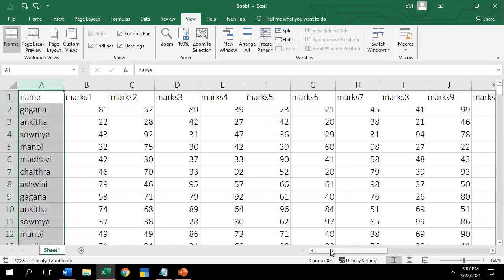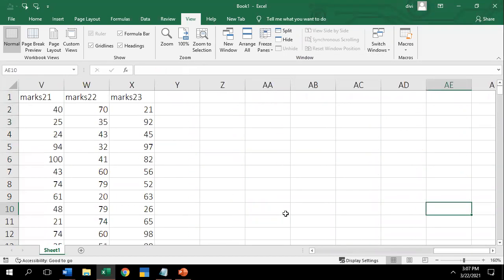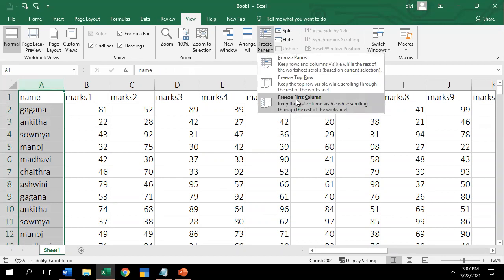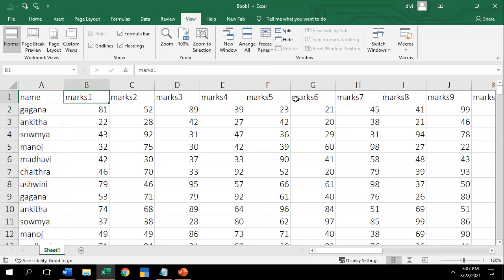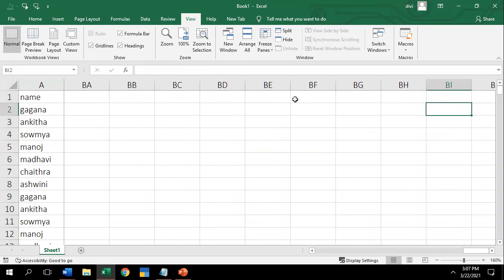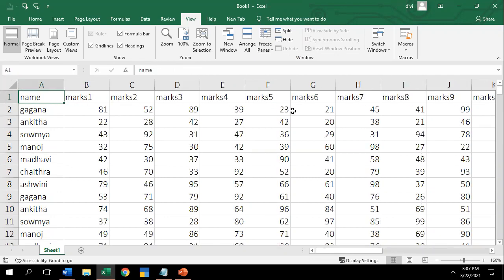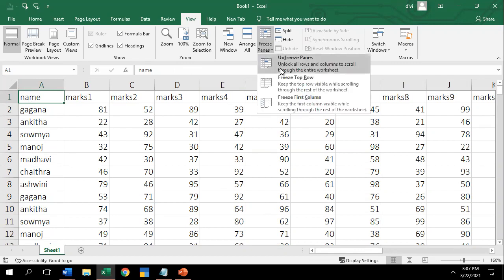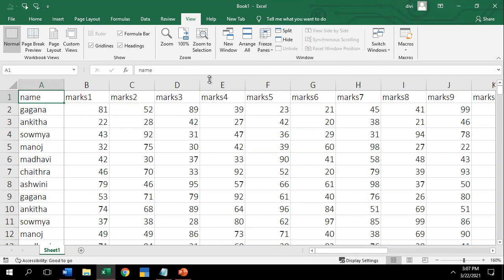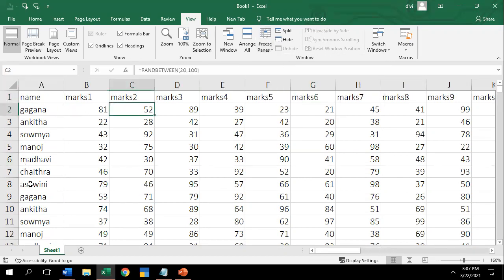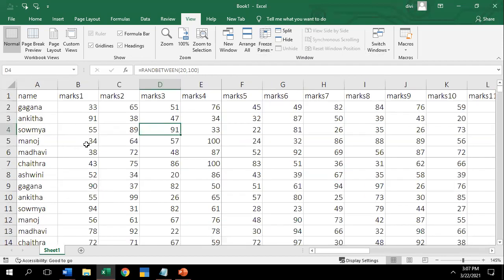Now the same applies to the column. If you are scrolling towards the right, the column should not move. You can select that particular column, click on freeze, click on first column. And now move towards your right, and see, the beginning column is not moving. Okay, this is called freeze pane. If you click the cursor on the beginning and click on freeze the total pane, I just click on unfreeze. And if I put the cursor at the beginning and click on freeze pane, overall towards the middle, it is going to be unfrozen.